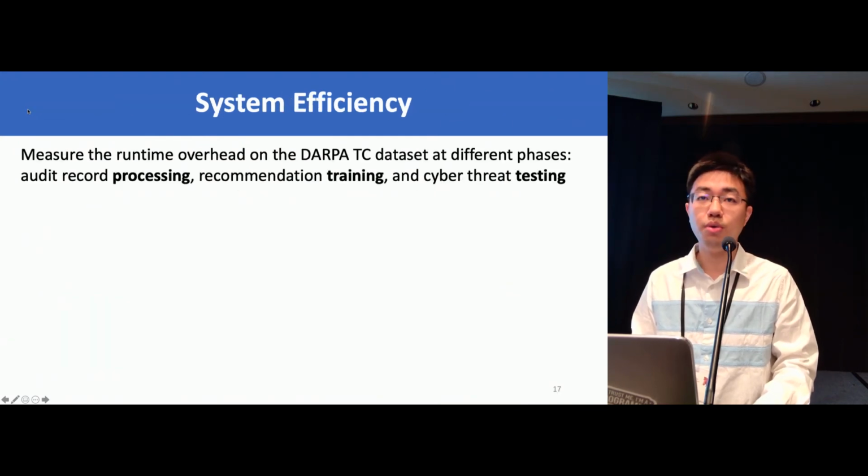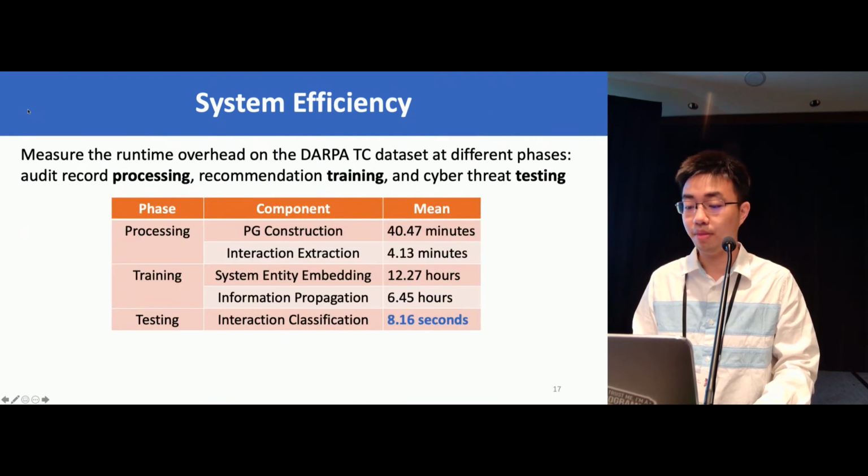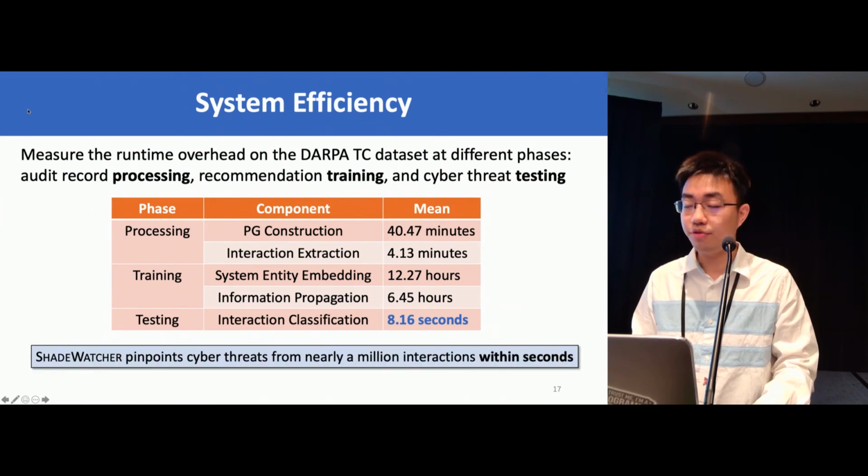We measure ShadeWatcher's runtime overhead on the public DARPA TC dataset at different phases. We perform all experiments 5 times and report the mean results in this table. From the table, we can see that ShadeWatcher can pinpoint cyber threats from nearly 1 million system entity interactions